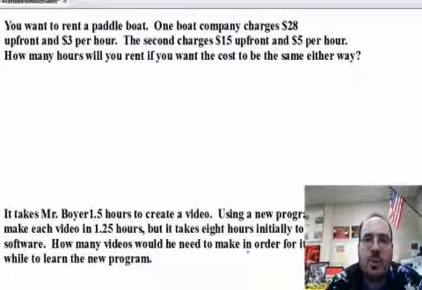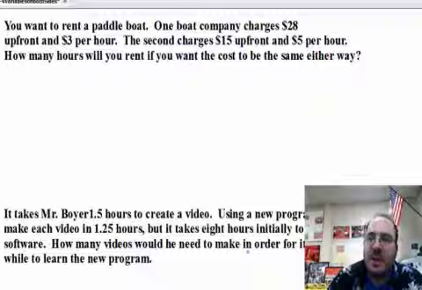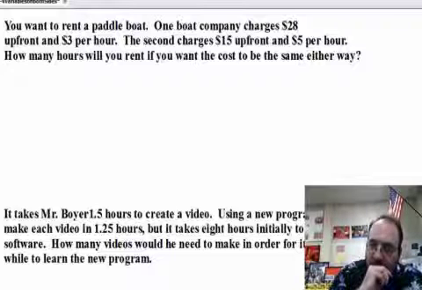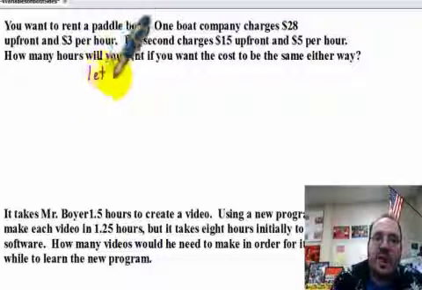Okay, so we want to rent a paddle boat, and one company charges $20 up front plus $3 per hour, and the second charges $15 up front and $5 per hour. And we want to know how many hours we would have to rent for in order for the cost to be the same. So let's define a variable here, and the variable that I think is going to determine our cost is the time. So I will let x equal the time